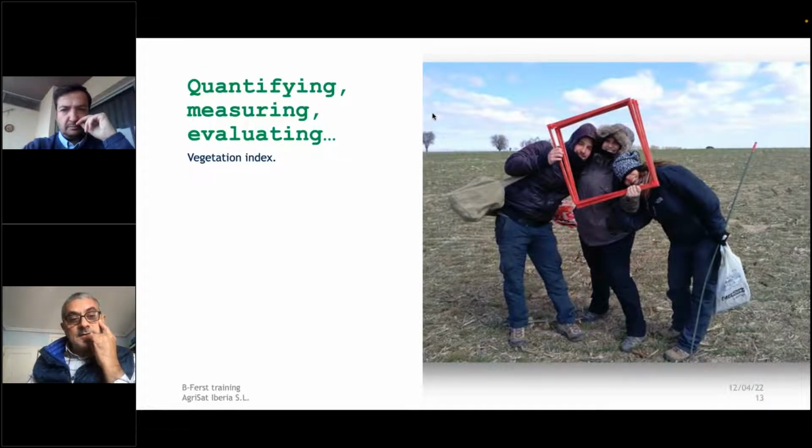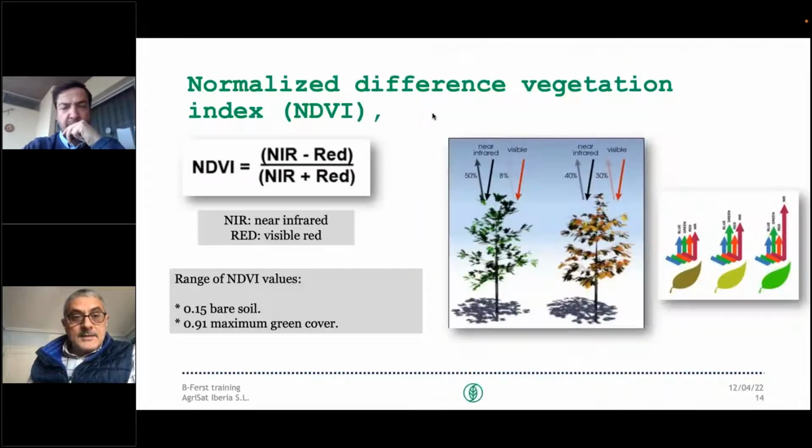After seeing the crops, observing the crops, we need to evaluate, to quantify, to measure. This is something impossible to do in real life and in a routine visit to the field. But remote sensing provides us with different parameters like the vegetation index. One of the most used vegetation indices is the NDVI, normalized difference vegetation index, that is calculated with